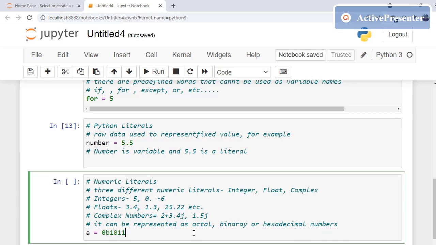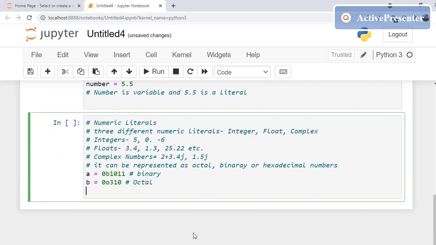This is nothing but a binary representation. 0b is written, so binary. If I write b equals to 0o310, it is nothing but octal. Next, if I write c equals to, for hexadecimal you may be thinking it is 0h, but it is 0x.